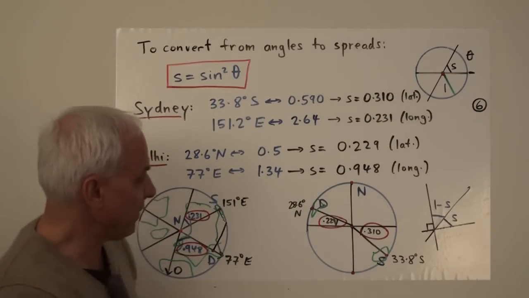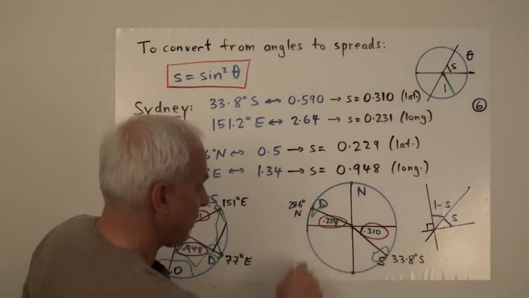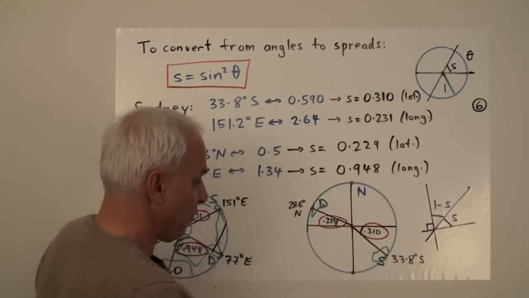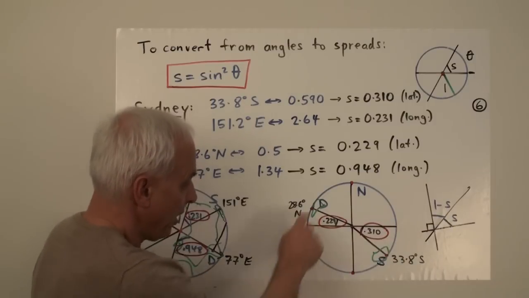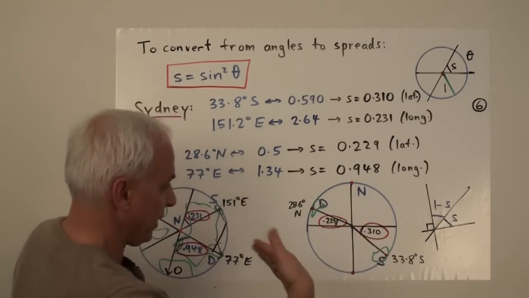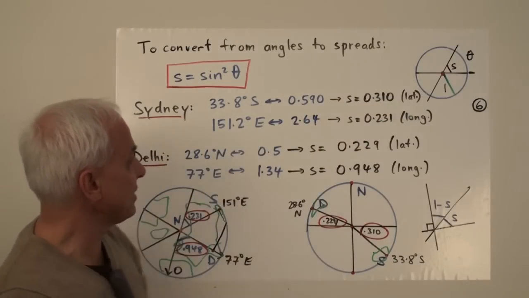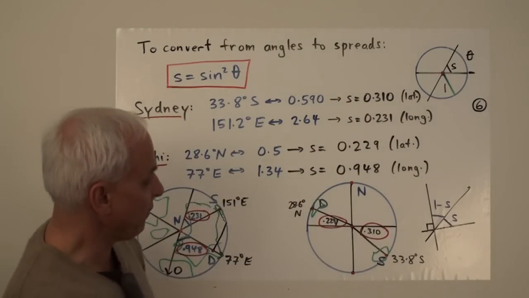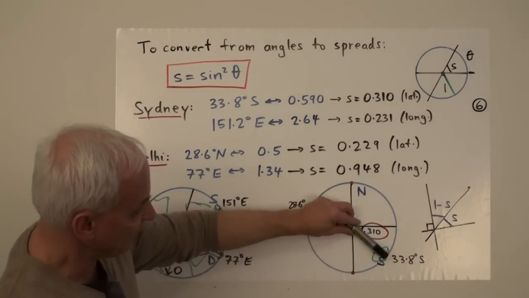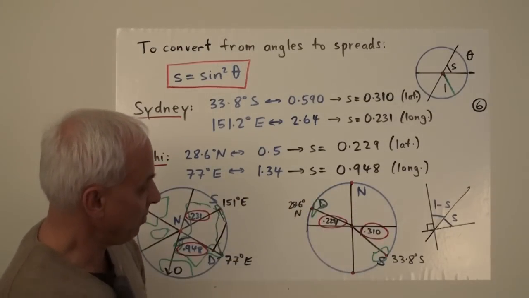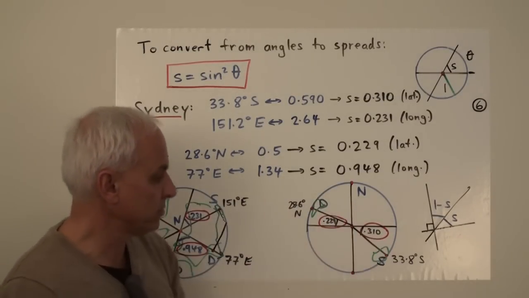And in terms of the latitudes, here's the side-on view with the North Pole right at the top, South Pole right there, equator along here. There's India, roughly. And so we're looking side-on. This 0.310, that's the latitude spread for Sydney. Here's Sydney down here. This spread from here to here will be 0.310.